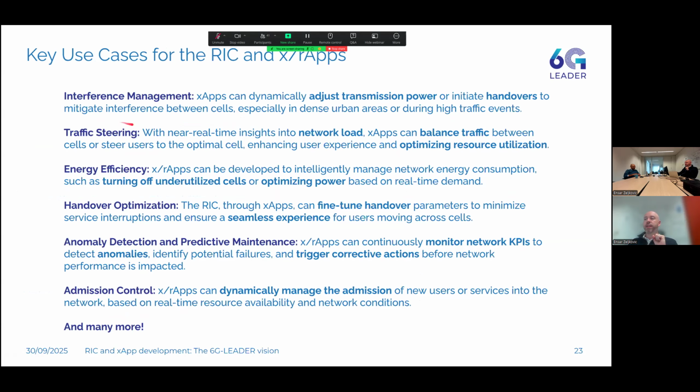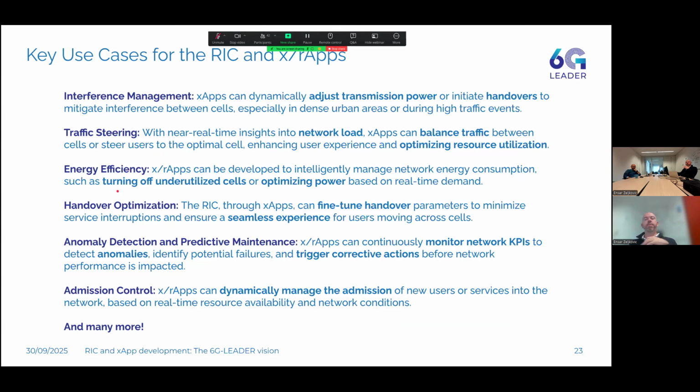Some of these use cases we have tackled ourselves, or third parties have tackled. Interference management: we've had xApps deployed that play around with transmission power or handovers to mitigate interference effects. Traffic steering, in terms of spreading the load or balancing the traffic across cells to optimize resources.